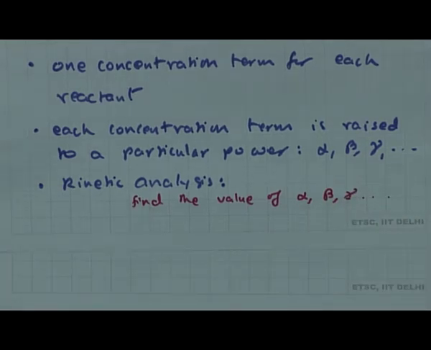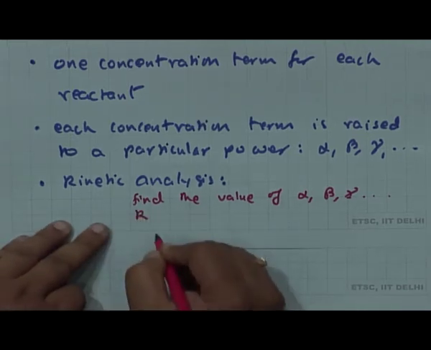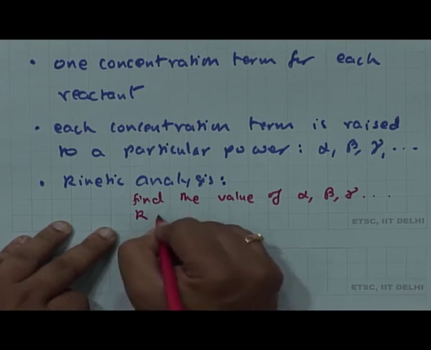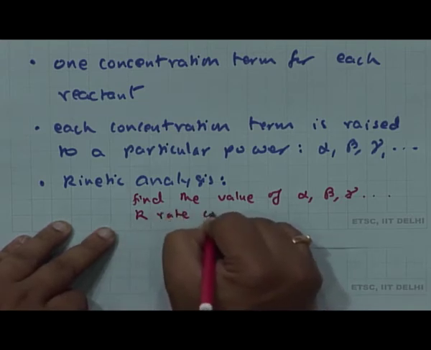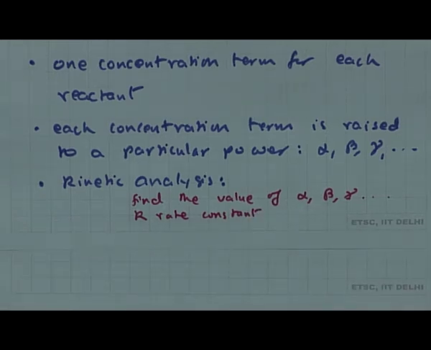By doing this analysis, I am trying to find out what these respective exponents are, and also I am finding the value of k, which is the rate constant,